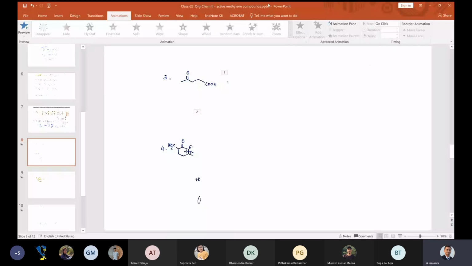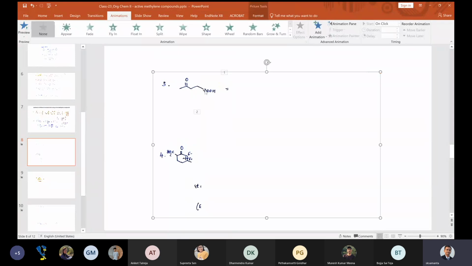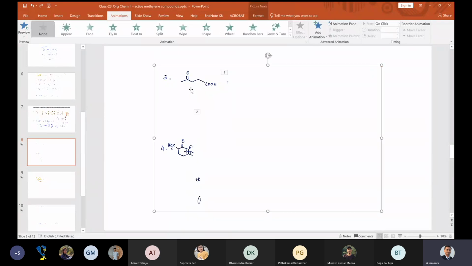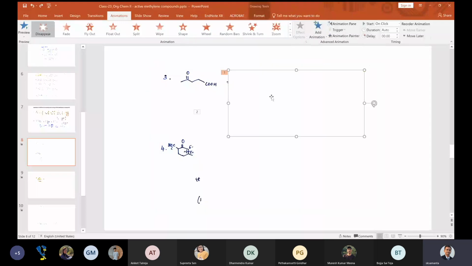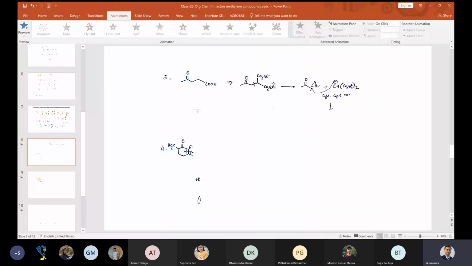Okay, so I'll take it. What you can do is first cut it here, somewhere here in this bond. You can put a negative leaving group here. You can put a leaving group in this carbon, and you can add a functional group of COOEt. You can add a COOEt and cut it. Okay, something like this. So add a functional group and cut it here and make it a COOEt, because you